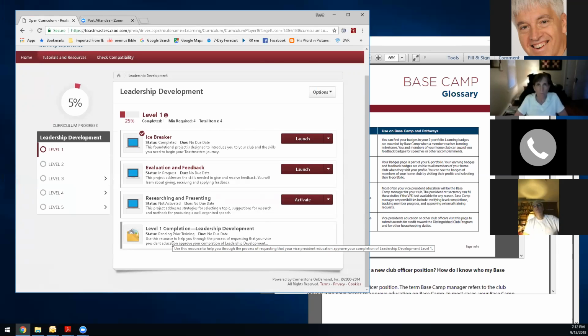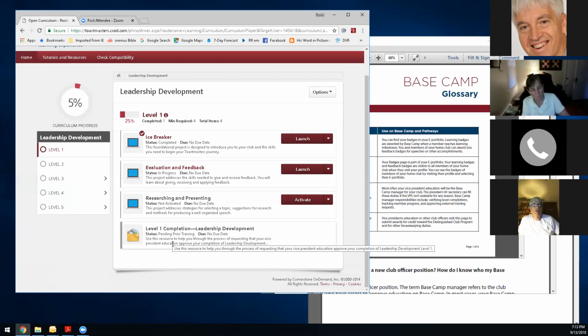Okay. Everything on Basecamp is really geared towards the individual. So for example, with whatever club I'm logged into, if I belong to more than one club, I can have that VPE approve a level. So if I still belong to CMY Biz Talkers, I could have that VPE approve, say, my level, but then say, oh no, I'm not going to give you credit for it. I'm going to let my Roman Orders Club get credit for it, and then tell you,